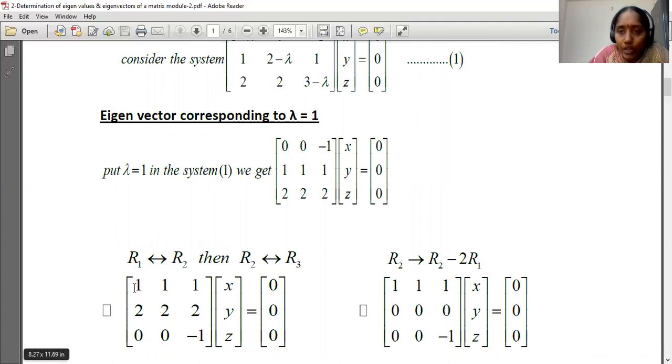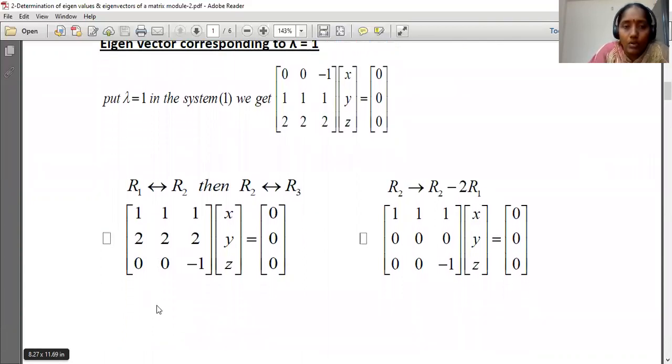Now the a11 element is non-zero. Remember one point: for converting a matrix into row echelon form or an upper triangular matrix, a11 must be non-zero. Because of that reason, we are interchanging the rows here. And in echelon form, if a row has completely zeros, then that row must be at the bottom.